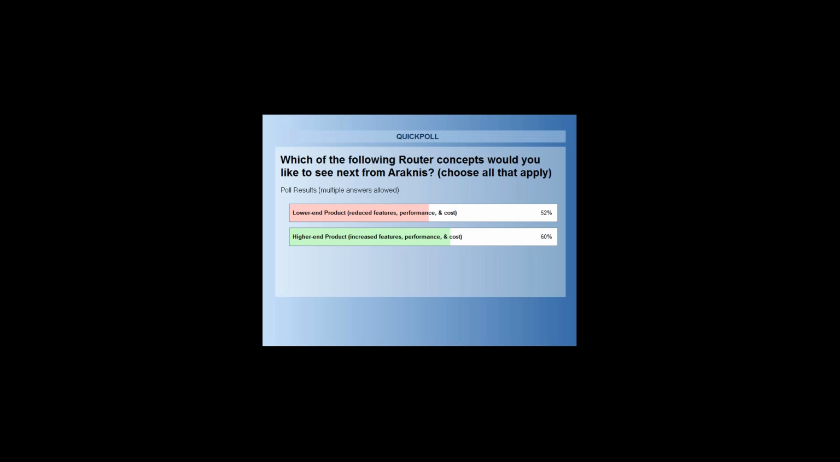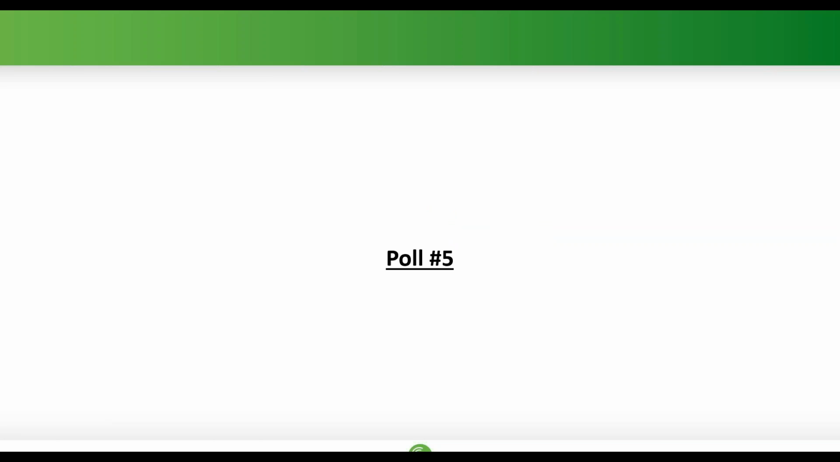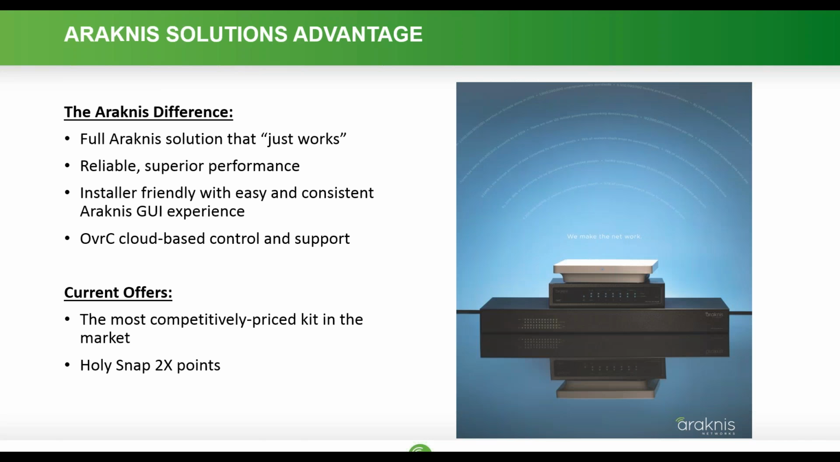And see the results. Nice. I like it. Unfortunately, we haven't started developing yet, but your voice is heard loud and clear. We will start working on a higher-end router. So to recap,